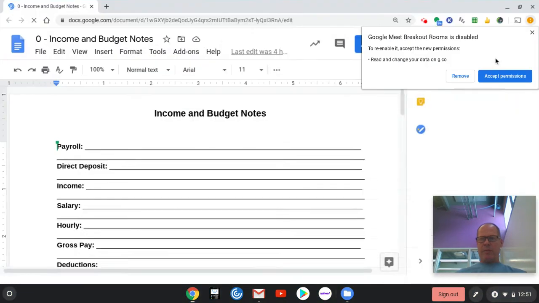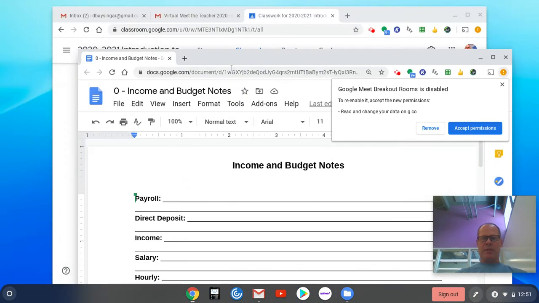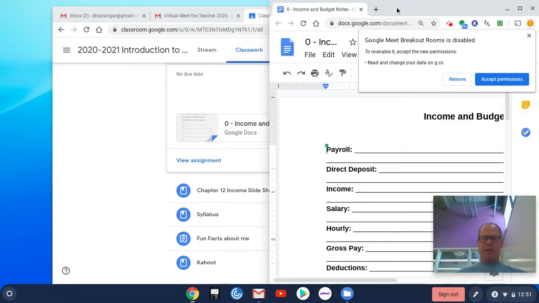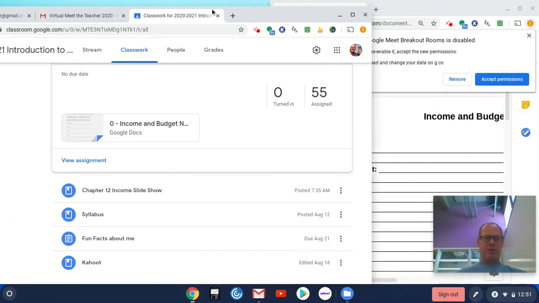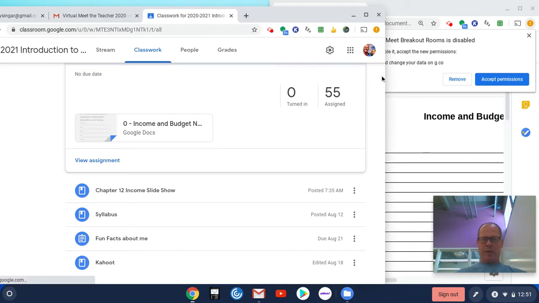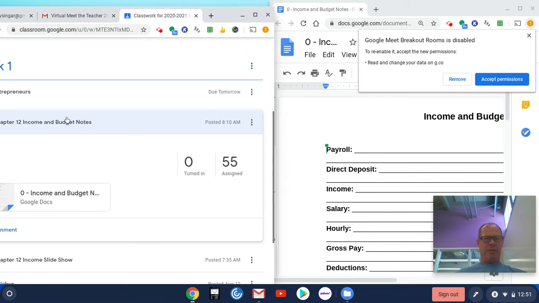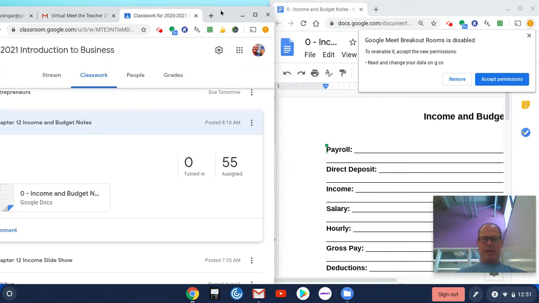Get that to work maybe. I was trying to split the screen. If you can get the screen to split, I can usually do this on my desktop easier. Chromebook's a little small of a window to do it with, but I can shrink it down. And then I'm going to go back to the classroom and open up